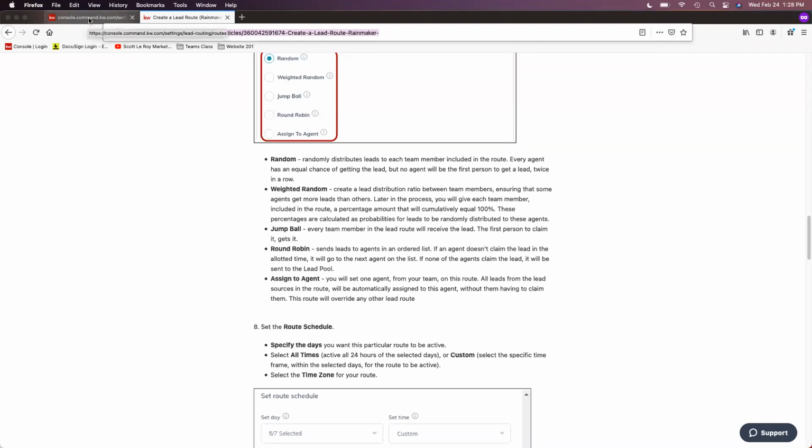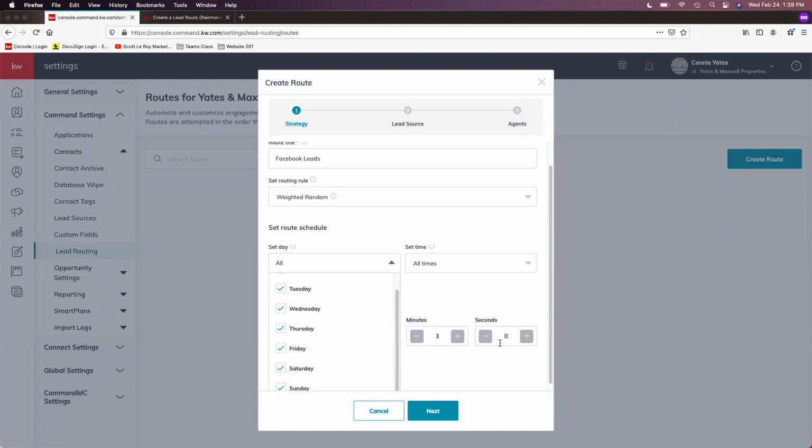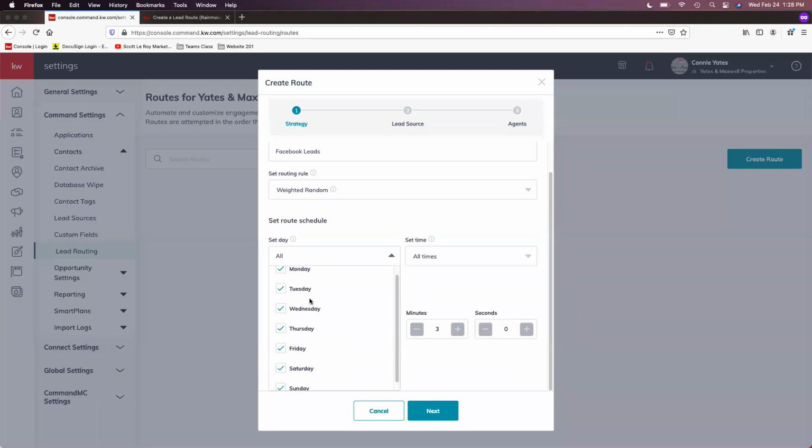So I'm going to hop back to command. And then I'm going to do the weighted random today just to show you guys a different one from last class. And then you'll see underneath the set route schedule, you can actually select the days that this is going to apply to. So as of right now, every single day is selected, but say you don't want it to be done on Saturdays or Sundays,